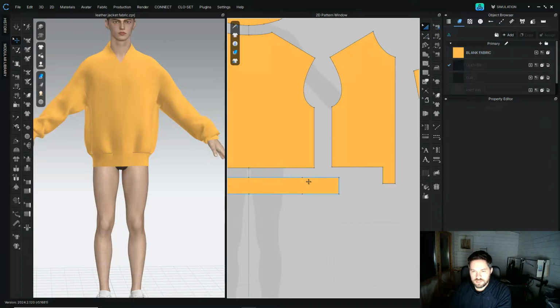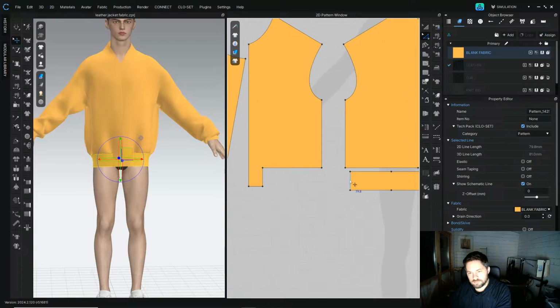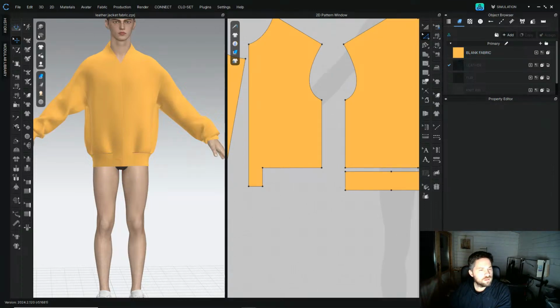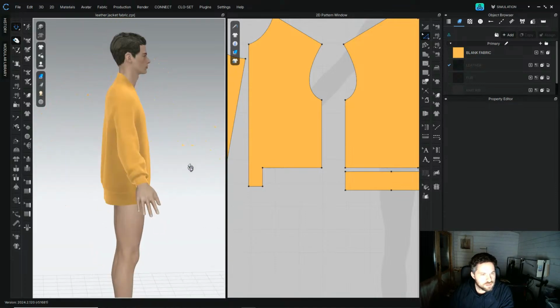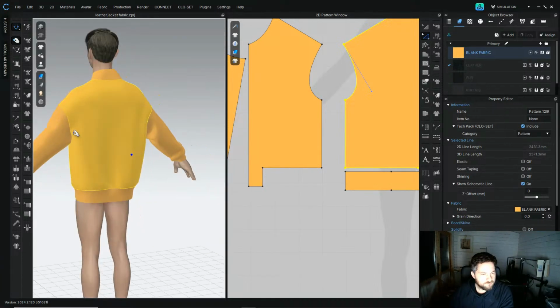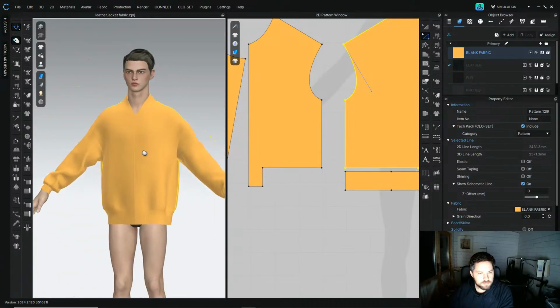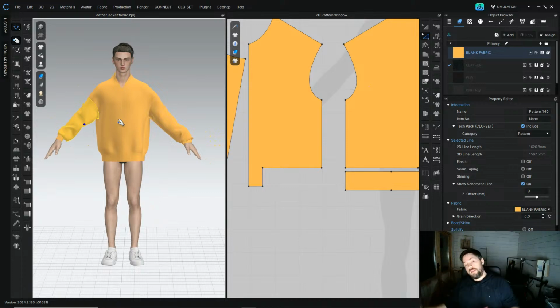And then also let's look at this because that is that point there. We want it to come in, but not too much. Let's move that. There we go. That is looking so much better. Okay. I think as a block, I think that's pretty spot on. Maybe it could be doing a bit bigger, but